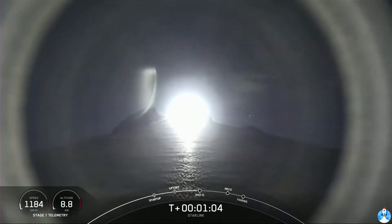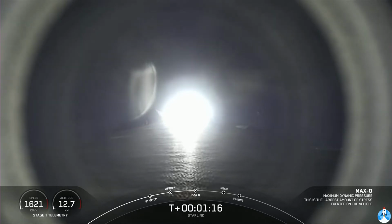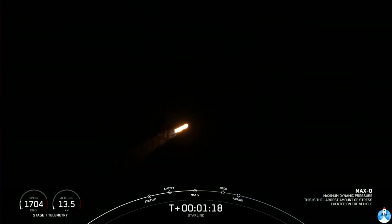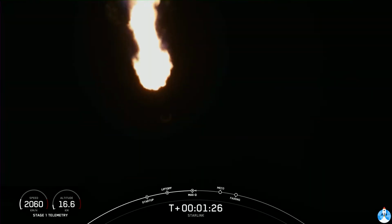In just a few seconds here, we are expecting the call out for max Q. That is the period where the vehicle will experience the highest amount of aerodynamic pressures. Max Q. And there was the call out. So now that we've gone past the period of highest stresses on the vehicle, we have 3 events happening in